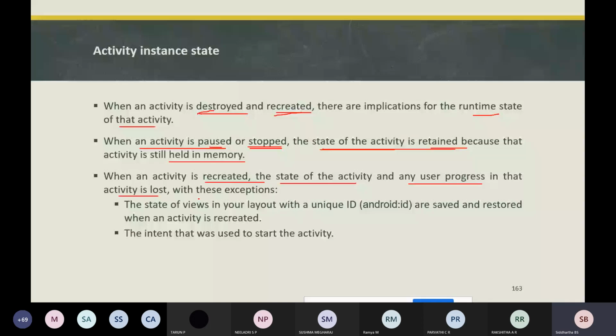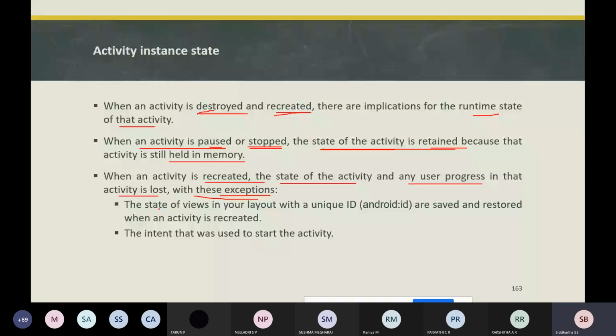Some activity state information is saved automatically by default by the Android operating system.